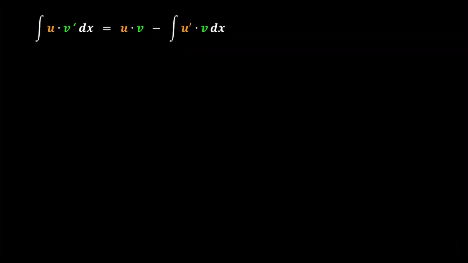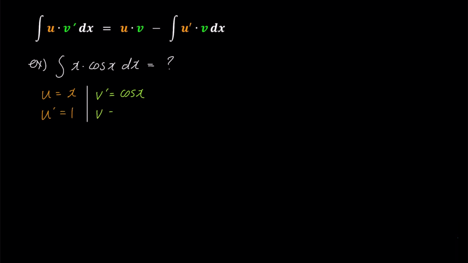Now, let's take a look at the second example, which is the integral of x times cosine x. Again, we have a product of two terms, so we'll use integration by parts. As I mentioned earlier, x differentiates to a simple 1, so let's set u to x and v prime to the easily integrable cosine x. Then u prime and v are found to be 1 and sine x respectively.